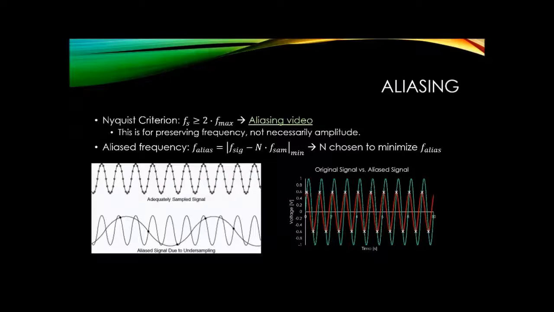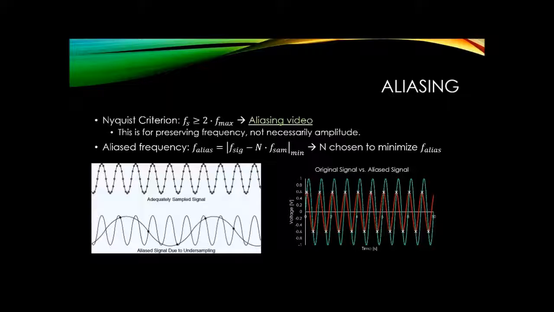Another example that is probably more important, especially for engineering's sake, is the idea of table saws. Table saws have to be calibrated to a very specific speed because the rate at which they rotate is close to an integer of the flicker rate of lights. And that's a problem, because if the sampling rate were just a little bit off and it fell completely on an integer, it would look like the table saw is not moving even if it's on, which is very dangerous. You might think, well, I can hear it going, but in a machine shop there's a lot of noise. And so they actually have to make the speed of the blade just a little bit